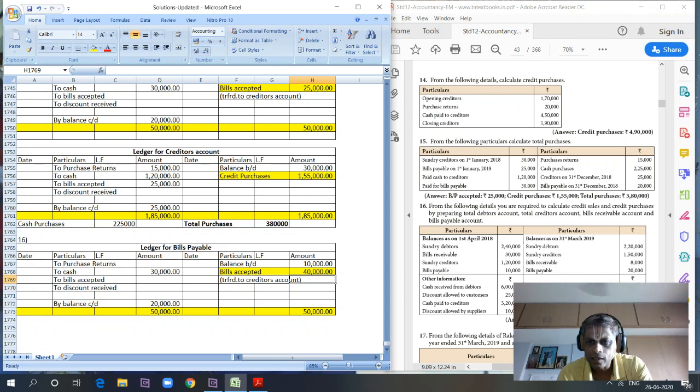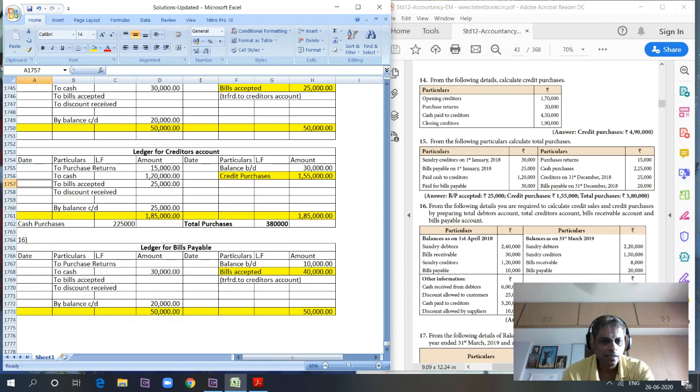Just cross check whether we have missed anything. Bills payable 20,000 and bills payable 10,000 at the beginning. Balance is 20,000. Then what else is there in creditors and bills receivable? Sundry creditors, bills payable 10,000. Sundry debtors, sundry creditors, bills receivable 8,000 and bills payable 20,000. And payments against bills payable 30,000. So the net amount transferred to creditors is 40,000. We have to ensure that we are not missing any line item, so that is the reason we cross check this.